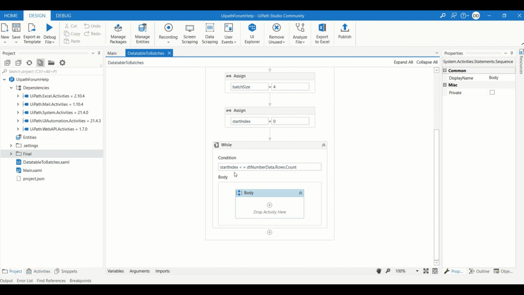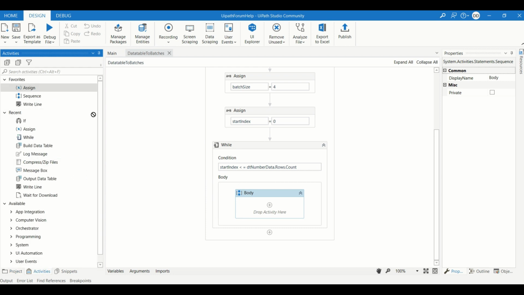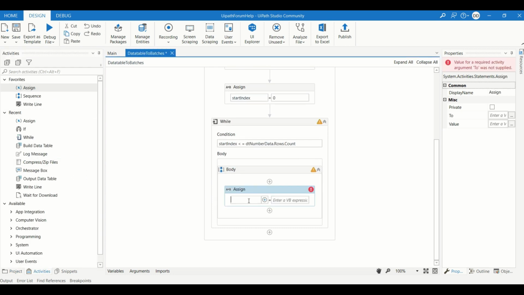After the while loop, because we have to check the difference, we will take one assign here and name that variable difference.